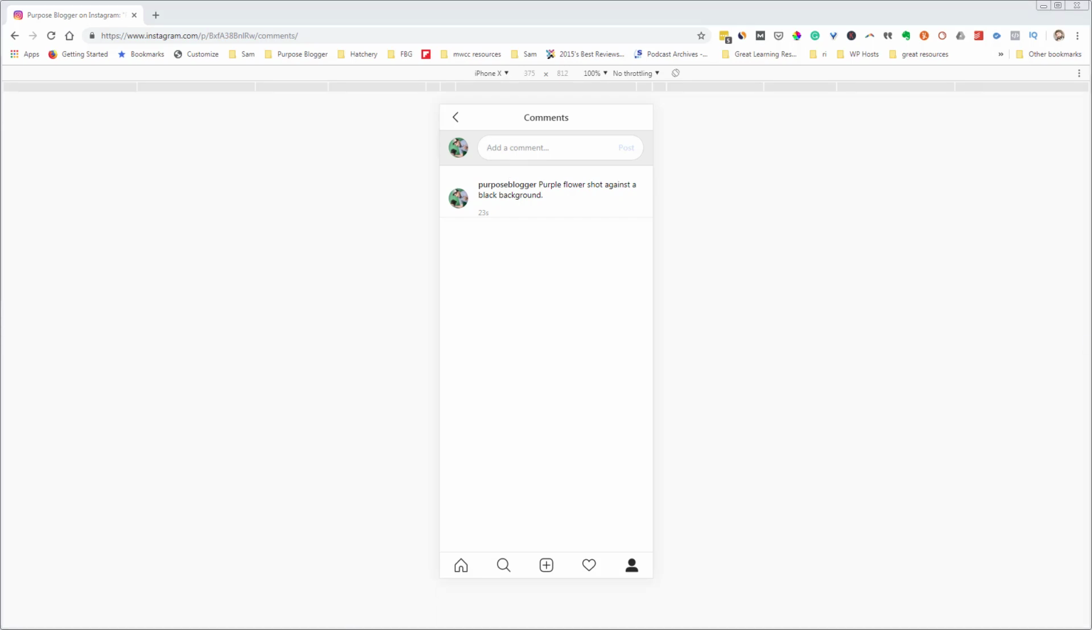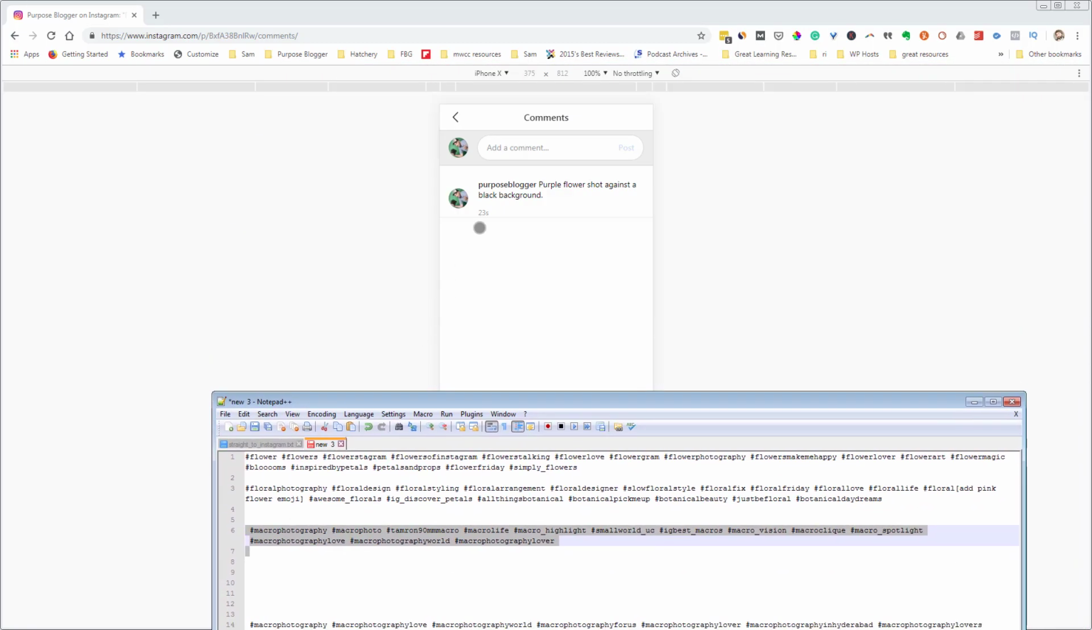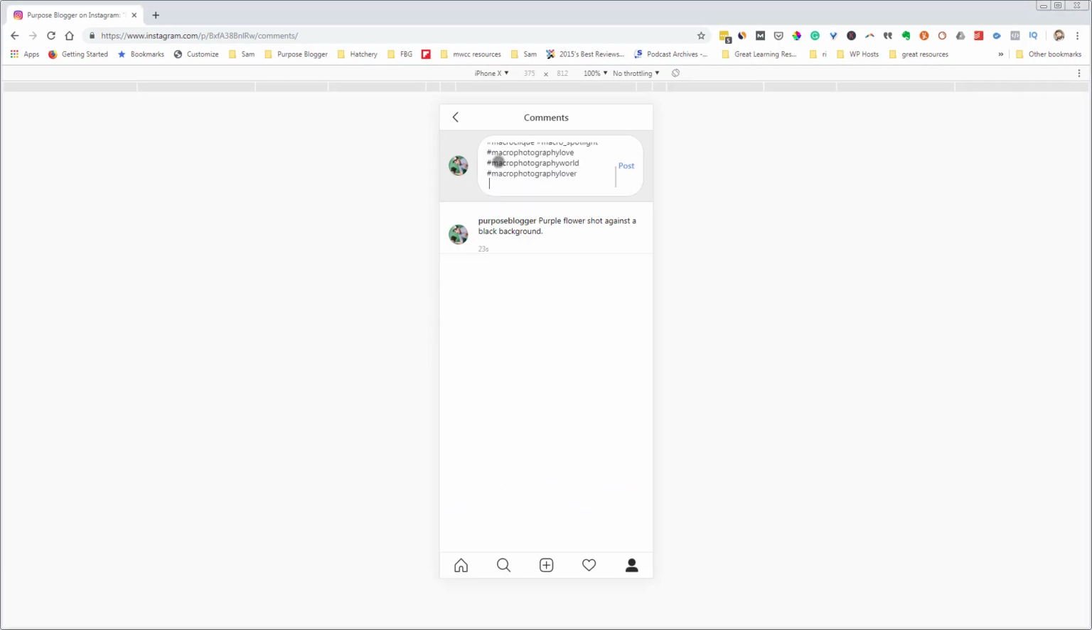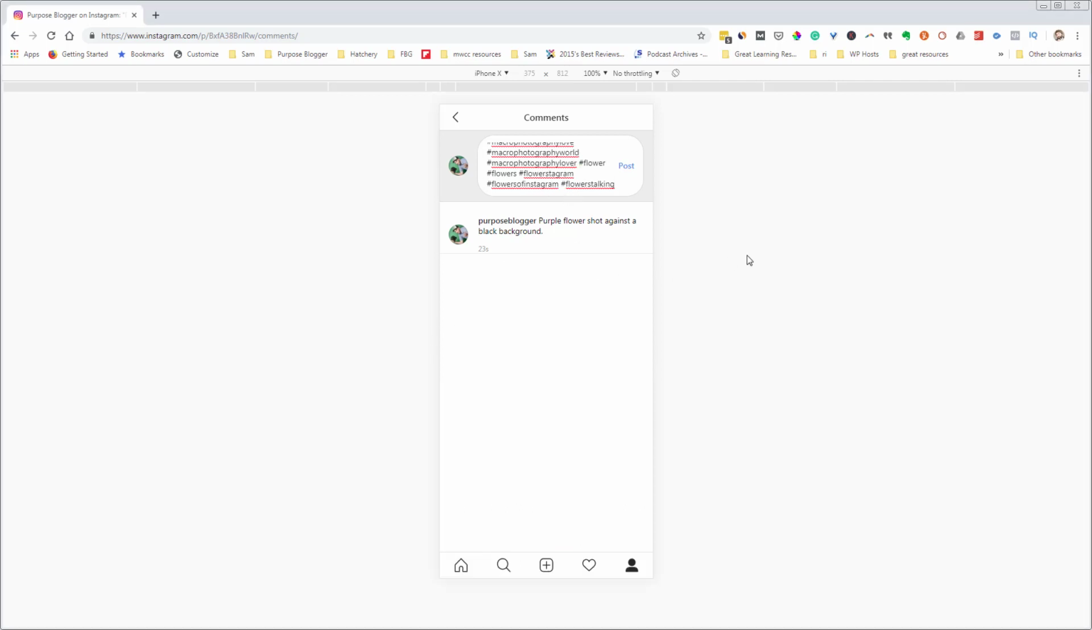So I can just go ahead and grab a document that has some pre-made hashtags here that I like to use for some macro photography. So I'll just go ahead and grab these, Control C. I will copy them. I will come up here and paste those right in. That's so much easier than if you do it on the phone. And again, I have some pre-made hashtags here. So if I want to throw in a couple of these floral hashtags, I will grab a couple more of these. And again, I'm just copying and pasting, so much easier,